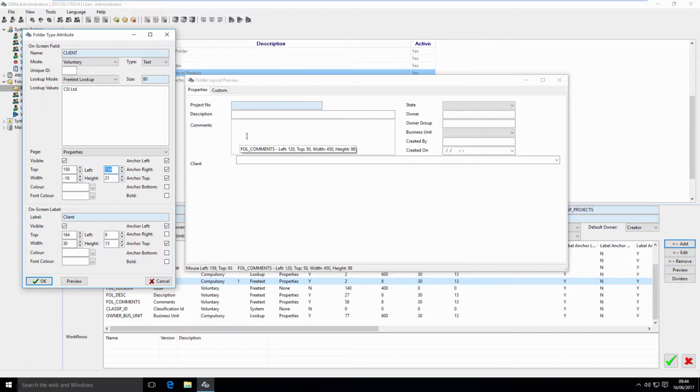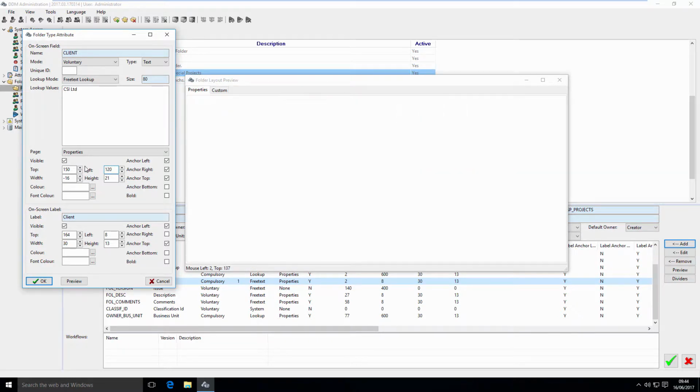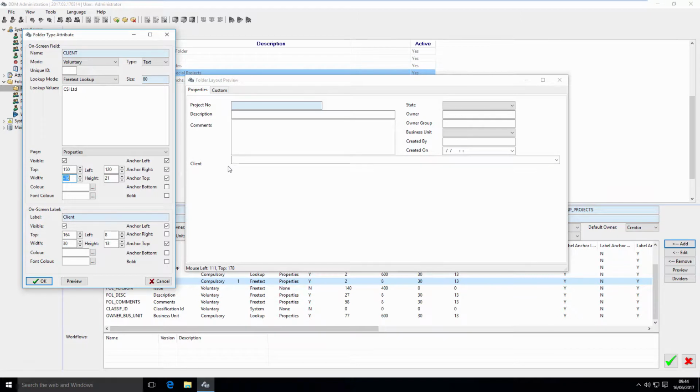This is 120. If we hover over any of the fields in the preview, then we can see where this field is positioned, and this is 120 from the left. So we've now got this in the right place. At the minute, the right hand edge of this attribute field is connected to the window because of this anchor right, I'm going to remove that, and I'm going to make this field the same width as this one above, which if we hover over this we can see is 450. So if we say 450,